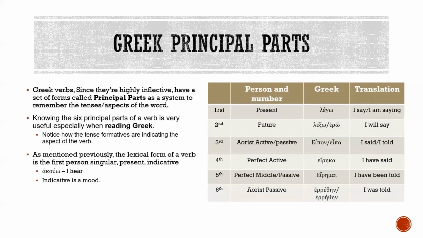The first part expresses the present tense or aspect. The second expresses the future. The third expresses the aorist. The fourth expresses the active perfect. The fifth expresses the passive perfect. And the sixth expresses the aorist passive. If we're learning to read Greek in the future,